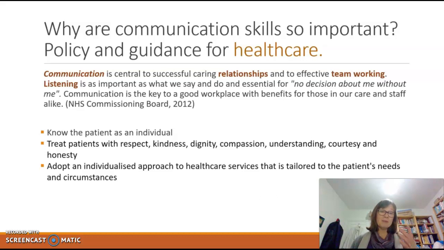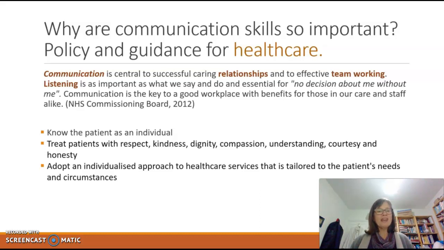So let's have a brief look at some of the policy and guidance that enforces the need for good communication in healthcare and in that working environment. And you'll notice that it includes communication with patients, carers, and other healthcare workers. So it's in all aspects of what you do in that environment. This is only going to be a very brief overview. There's lots more documents that you could look at, but you will have some references at the end of the session that are going to give you a bit of guidance on where to look for more. They're all long documents, so I'm just picking out key bits.